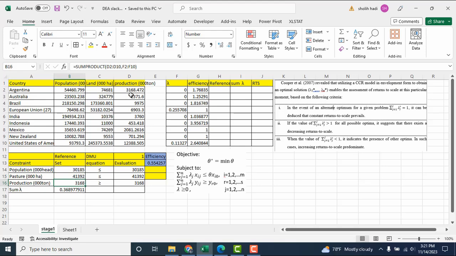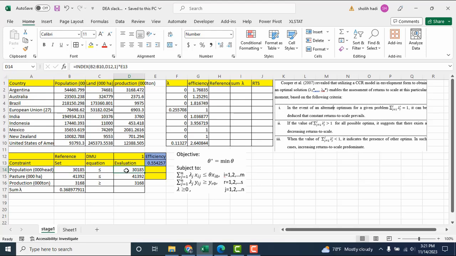This is production for DMU1 multiplied by lambda1 plus production for DMU2 multiplied by lambda2, and so on until the finish. And for the input, the reference should be less than or equal to the DMU under evaluation.